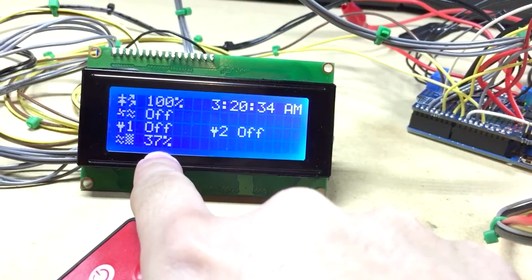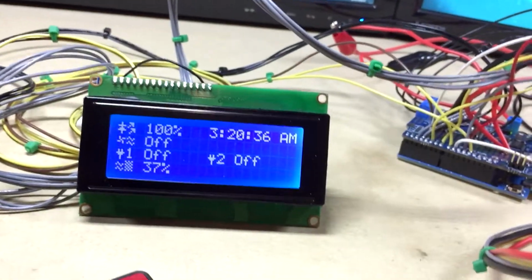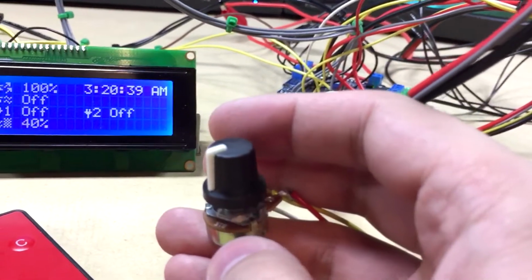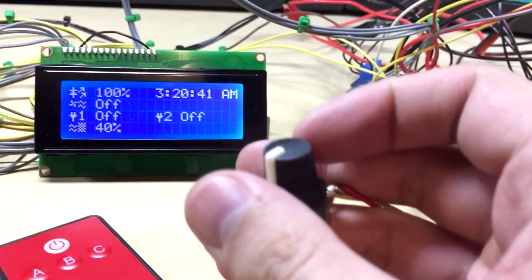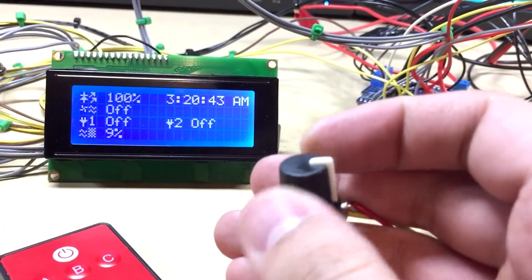So once it's on, you go back to the main menu. Now you will see a percent, which is different from how I did the exhaust fans. That is because there is a potentiometer. And so if I turn that down,